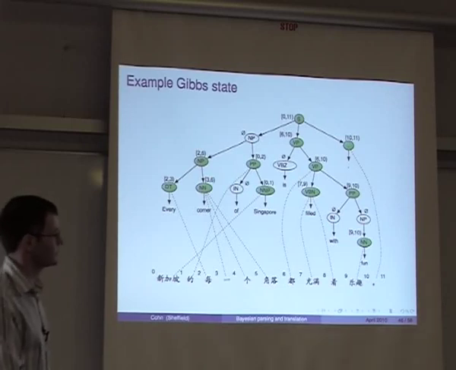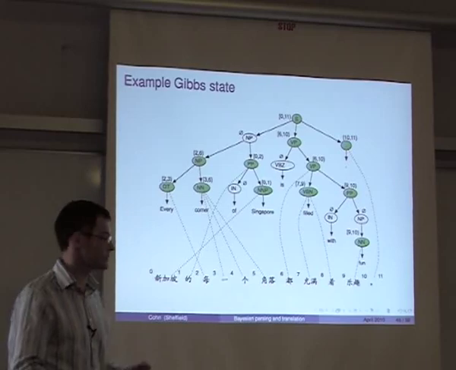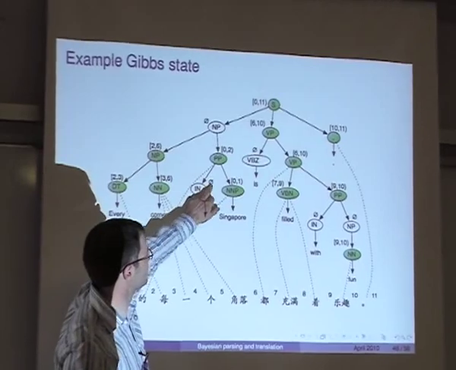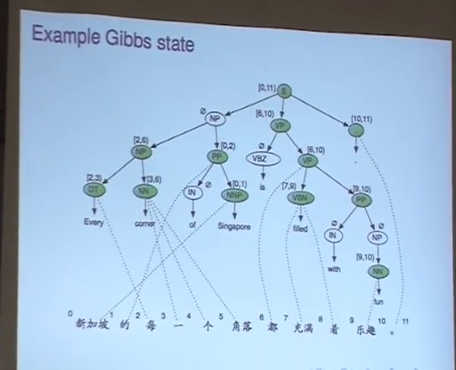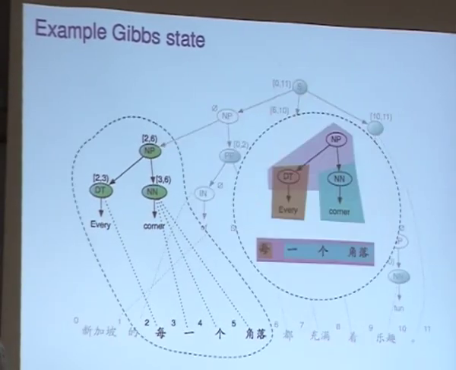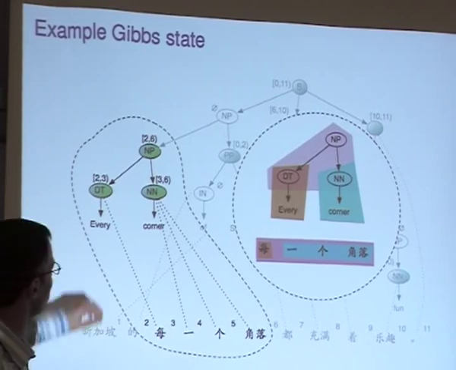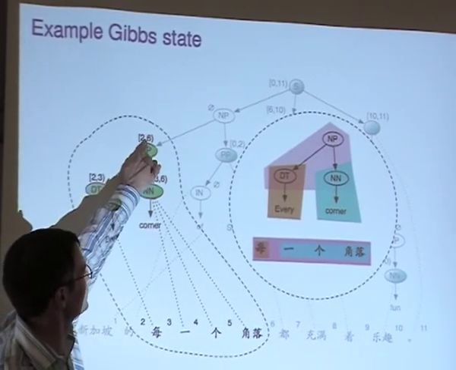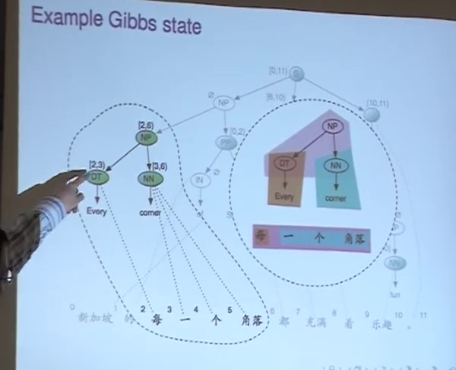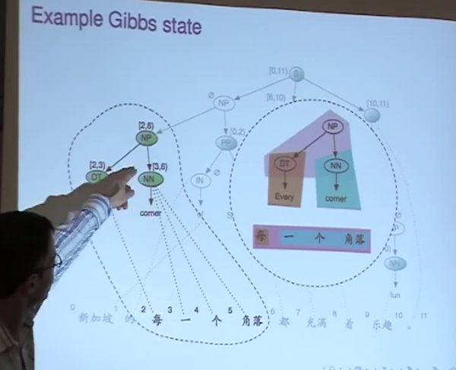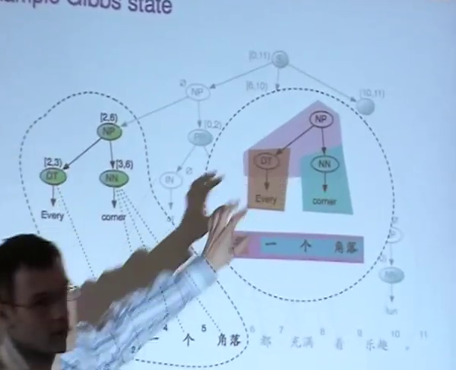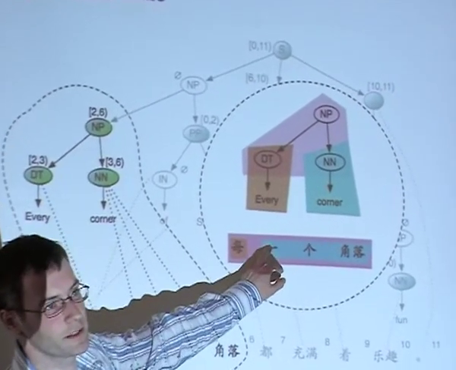So here's an example of the sentence from before, annotated with the alignment variables. We have some alignment variables that are the empty set. They're not aligned to anything. That means they're internal to a rule. We have other ones that are given a span. So we'll just highlight a bit of this. This NP is from span word 2 to word 6. The DT here is from 2 to 3, and the word for corner is from 3 to 6. So that representation specifies this set of rules.